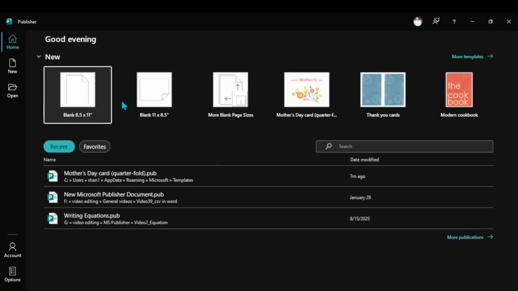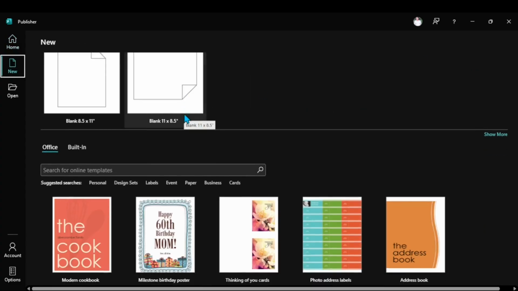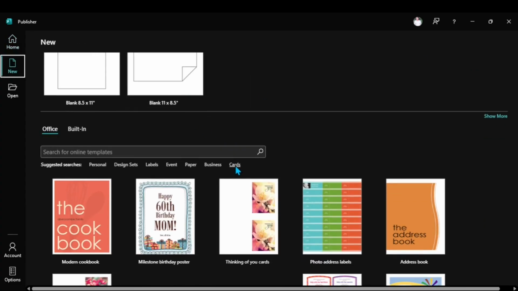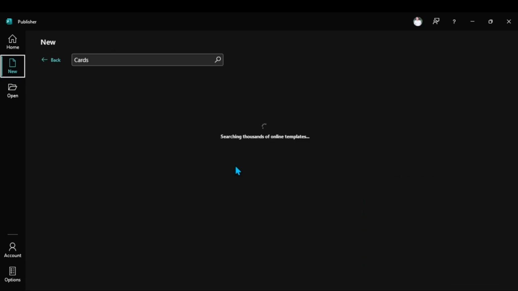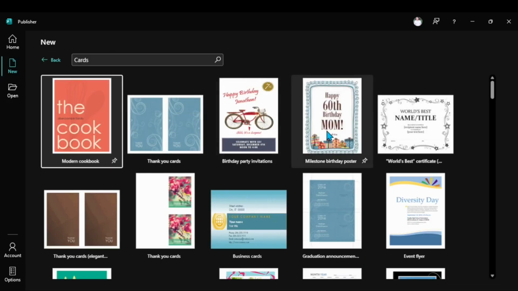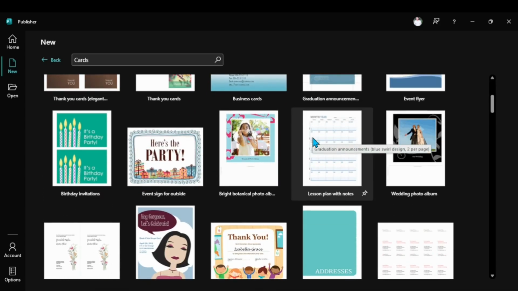So here we have different templates, and from templates I want to select the card templates. However, for this first I need to show more templates. So I come here, and here are cards. If I click on cards, it shows different templates for different types of cards, and I come down to